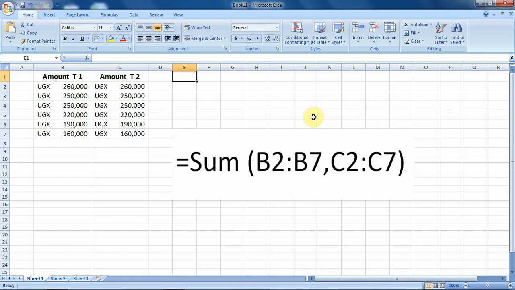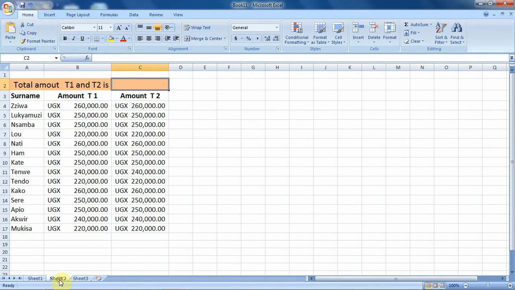However, in our example that we are going to look at, we are not going to type these functions manually in the sheets or in a cell. What we are going to do is to use the function assistant to help us insert the function in the cell, and we go ahead and perform the calculation. Now that we have looked at how we can write a function with two arguments, let's go back to our sheet 2 and then we do it practically.